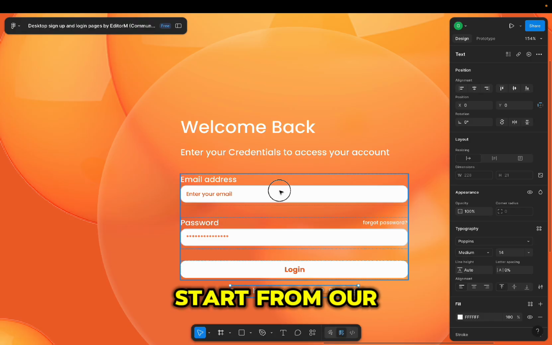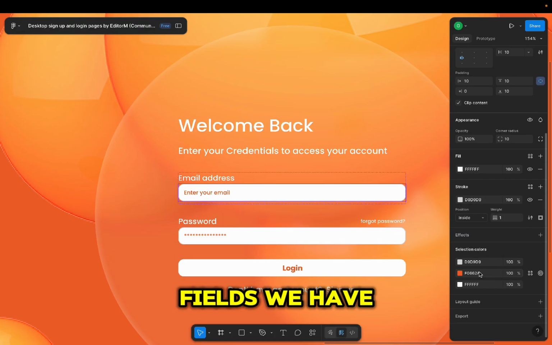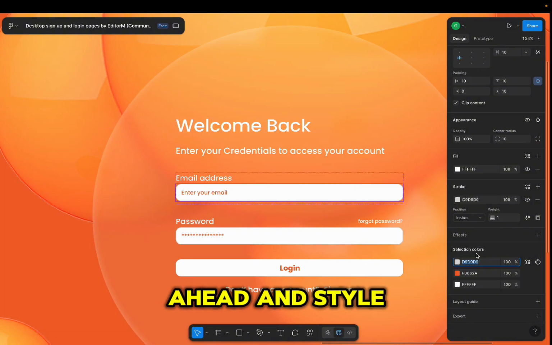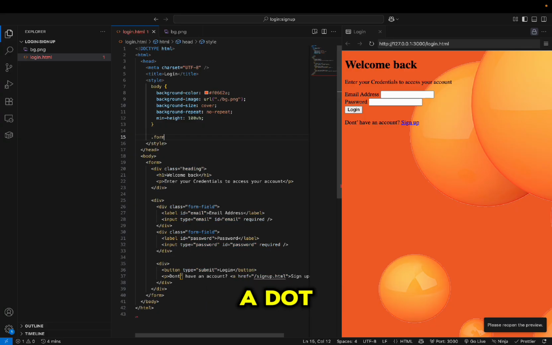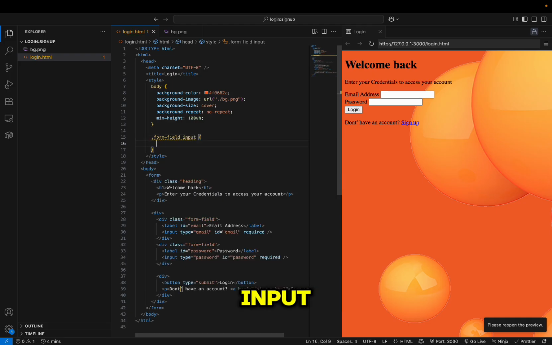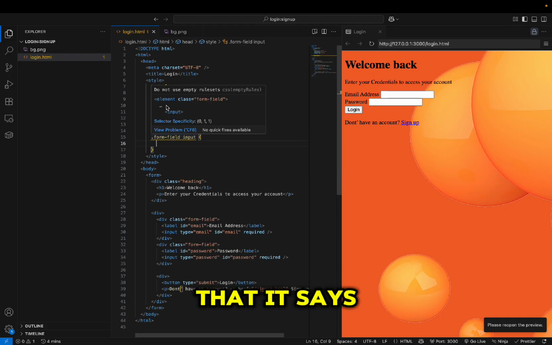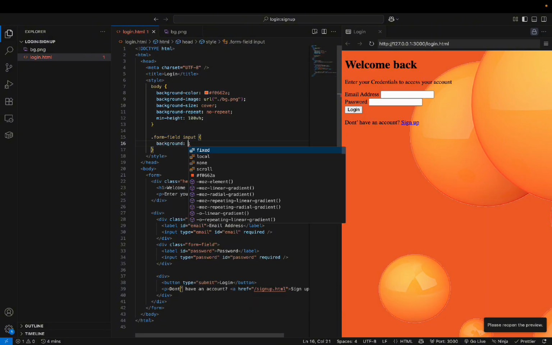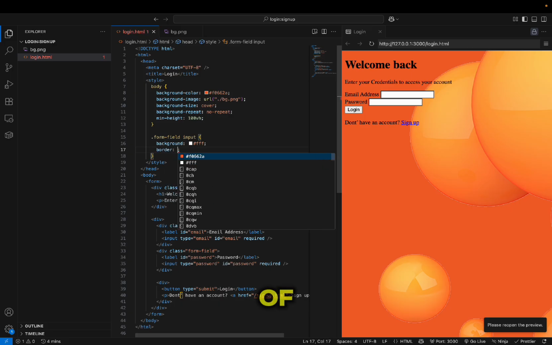We're going to start from our form fields. Our form fields have a placeholder color of this, a background color of this, and a border of this. So let's go ahead and style it. We're going to create a .form-field and tag input. Hovering on this, you can see that it says element, class, form field, and input. This is literally targeting any element with the class of form field that also has an input tag as one of its children. So let's go ahead and give this a background of white, a border of 1px solid,